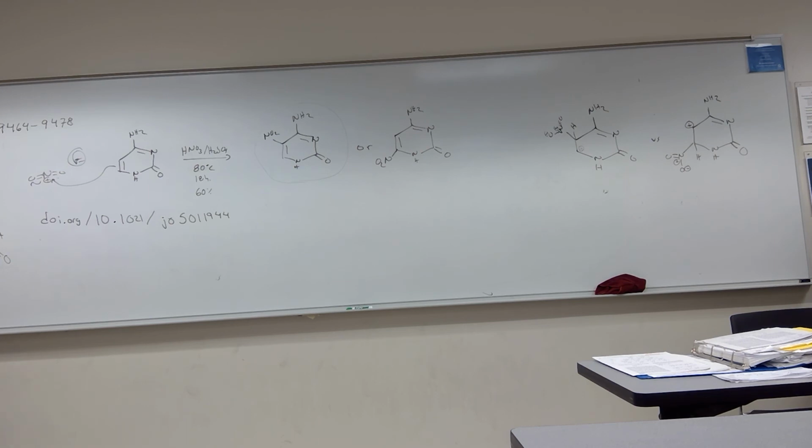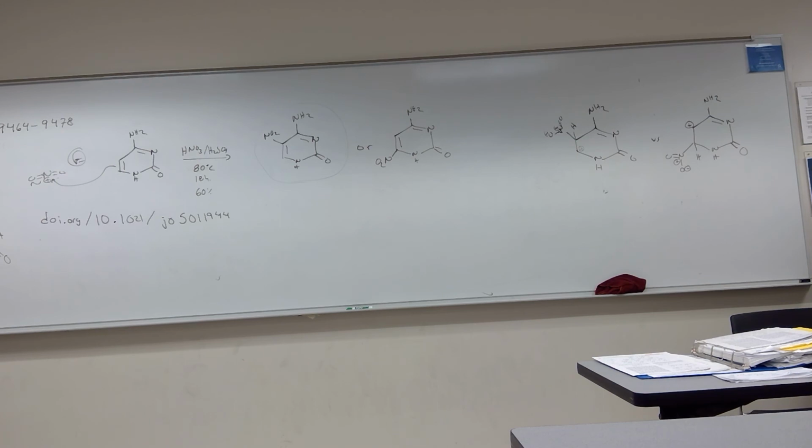In the case of uracil, two options: C5 and C6. In the case of adenine, two options. What are your options? There and there. What are the numbers? You start here: 1, 2, 3, 4, 5, 6. So C2 and